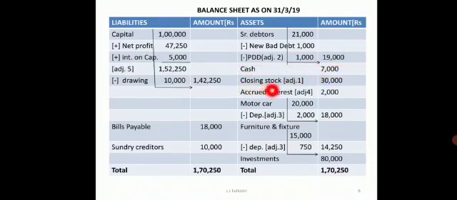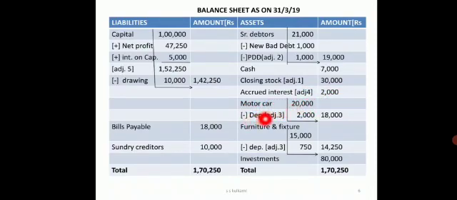Closing stock is there. Adjustment 1, first entry in the trading account. Second entry will be in the balance sheet. So 30,000. Next, outstanding or accrued interest, that is interest earned but not received. So one entry is taken on the credit side of the profit and loss account, and the second entry will be in the balance sheet asset side, 2,000.